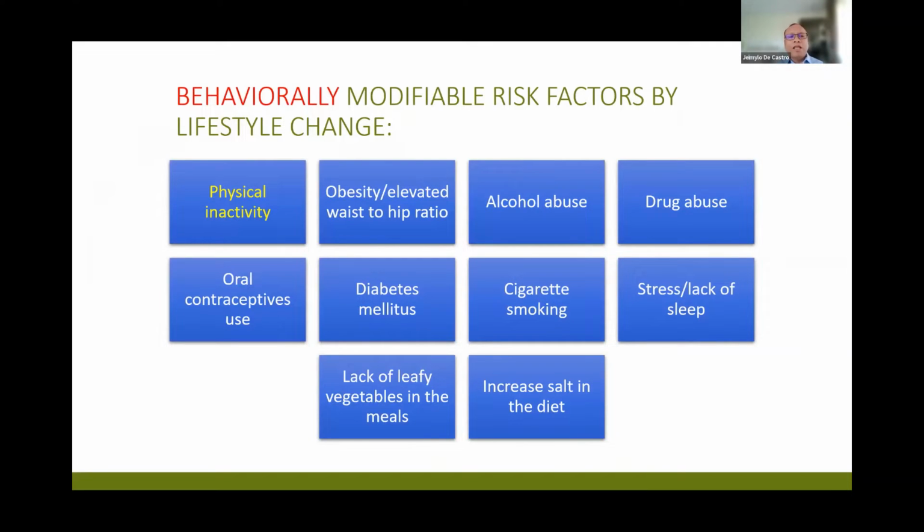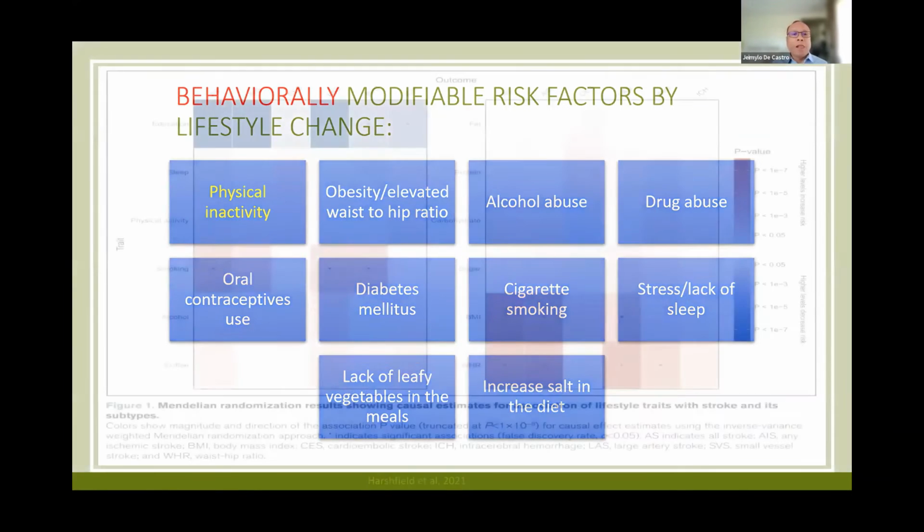So if you can see here, there's a lot of things that you can do. Physical inactivity, obesity, alcohol abuse, drug abuse, oral contraceptives, diabetes, cigarette smoking, stress, lack of sleep are considered to be independent risk factors for hypertension, along with lack of leafy vegetables in the meals and increased salt in the diet. And of course, with the lack of leafy vegetables, there's also that other thing of predominance of meat in the diet. So these are things that we need to consider when we advise patients as to what to do to prevent